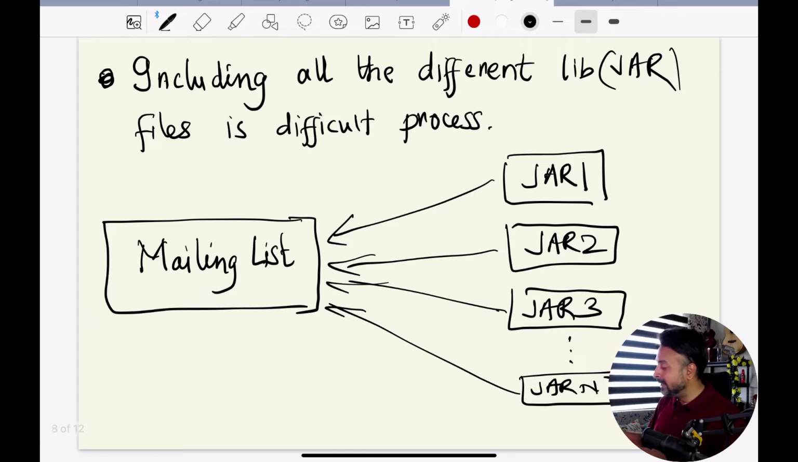So including all the different library jar files is a difficult process. Now you've got one jar. Say suppose you have multiple jars which you want to include in your project, right? You need to add all those jar files into your project, and it's a cumbersome process, I can tell you. Is there a better way we can do this? And that better way